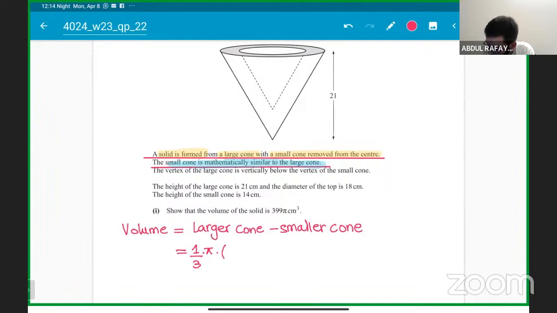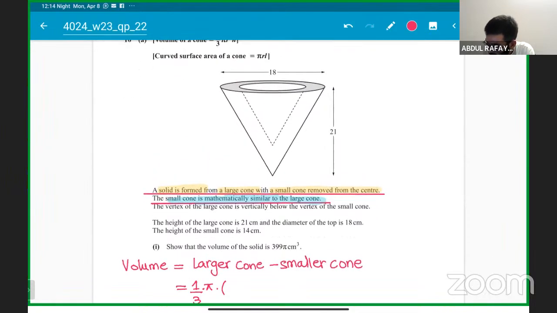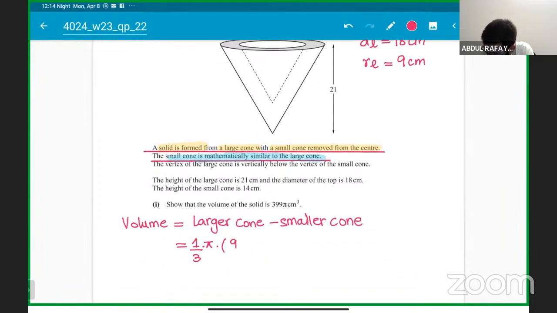What is the radius for the larger cone, students? The diameter of the larger cone is 18. Follow very carefully. The diameter of the larger cone is 18 centimeter, so the radius of the larger cone is half of it, that is 9 centimeter. So the radius of the larger cone is 9 square and the height of the larger cone is 21. And you have to subtract basically,